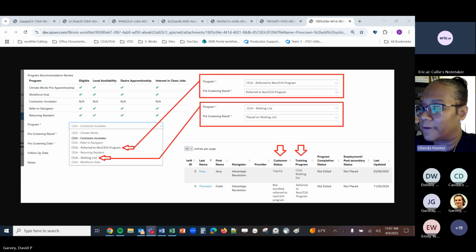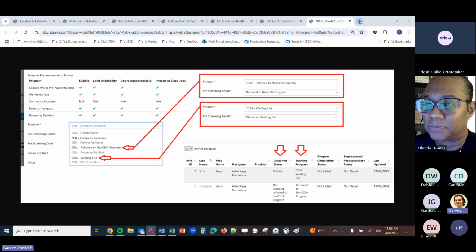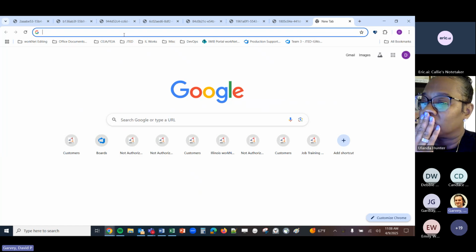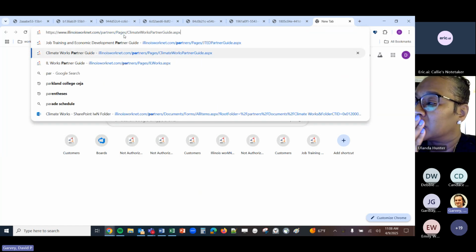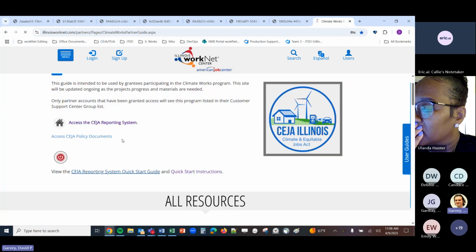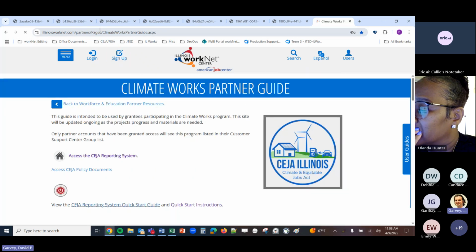So my question was, I know that you guys showed this before a while back, on how to add barrier reduction costs into their individual files, like when you give a bus pass or gas stipend, or stipends in general, but I couldn't find it anywhere. Like I said, I won't be able to walk through it on the screen, but I think we might have it. Let me go to the partner guide here. So yeah, in our partner guide,